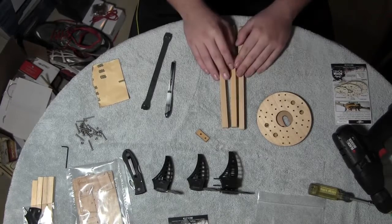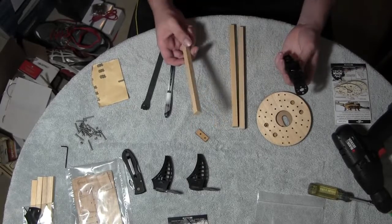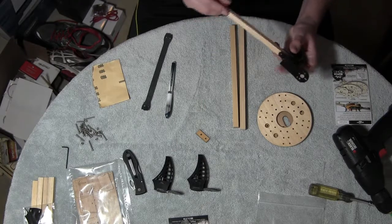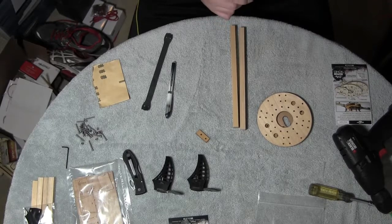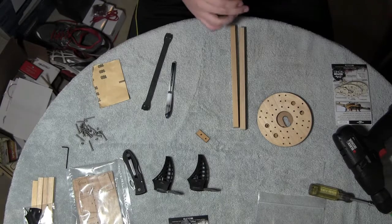So let's begin with the fitting of the mounts and whatnot. I'm going to start with the tilt mount. Basically, you just don't want to force it too much, but you do want to make sure it fits in there. Whichever way has a better fit. You want it to be tight, but not extremely tight. Seems like both ways are